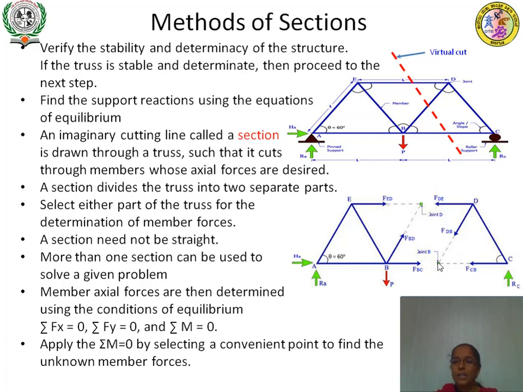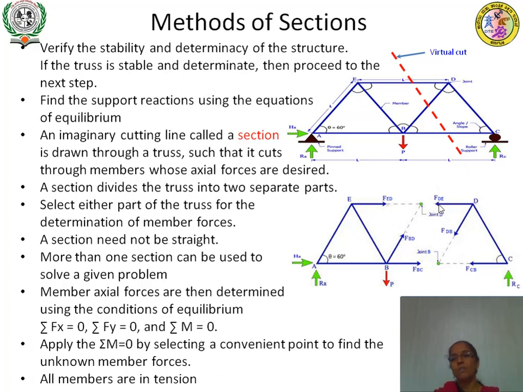And then to find this db, you can apply any other condition of equilibrium, so that this fdb can be found, because we have already reduced 2 unknowns by applying sigma m at d and at b. We can find the remaining 1 unknown like that. Need not go for this fx, fy and sigma m. You can apply sigma m at any different convenient points to reduce the unknowns. That is also correct. Next, the same thing, all members are in tension.